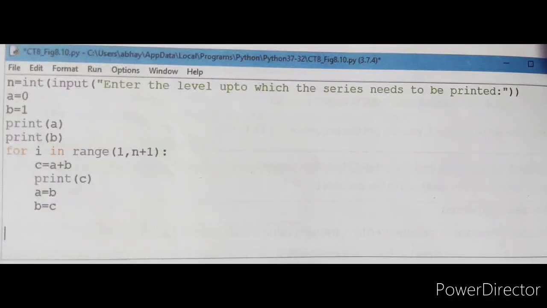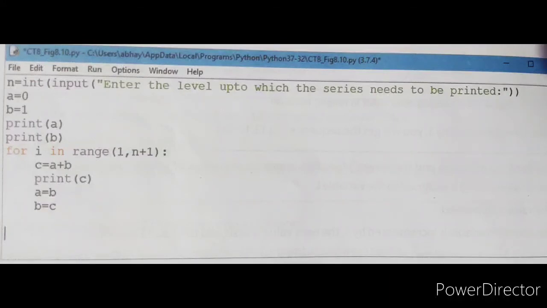Now exchange the values of a and b. a इक्वल टू b। अब जो पहले से b की वैल्यू थी वो हमने किसको असाइन कर दी? a को। और जो c की वैल्यू क्या होगी? जो सम आया है उसको हमने स्टोर किया b में। Like this we can exchange the value of a and b each time. Again move on the loop. What's the value of i now? It will be incremented by 1. Okay, so now c equal to a plus b. Now print c and then again exchange the value.